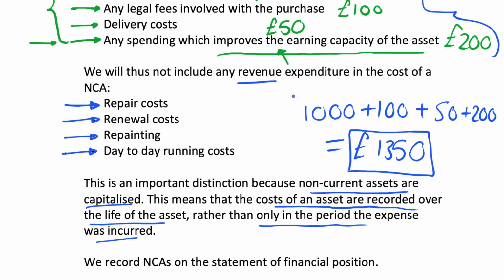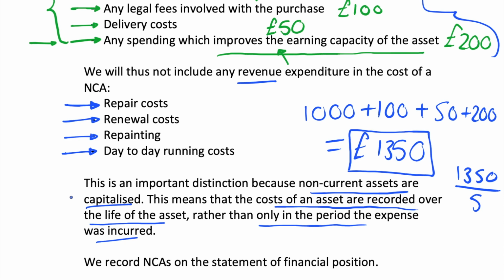So say if we were to split the cost of the asset equally, in each year we'd have, say, £1,350 over 5 in our statement of financial position, and I'm not going to even try to do that calculation in my head because I'm not 100% sure what it is and I don't have a calculator to hand, but we can split the cost of the asset over the life of the asset rather than only in the period the